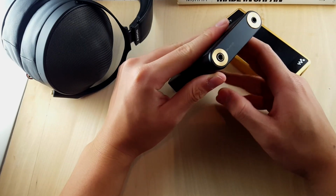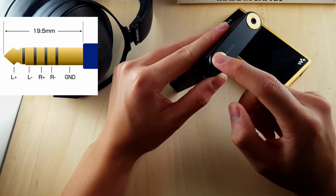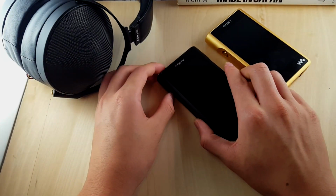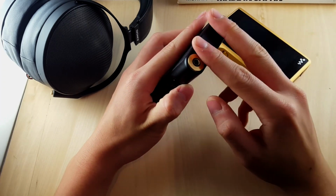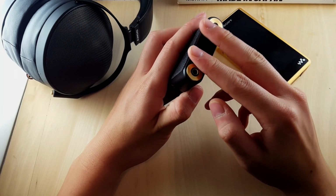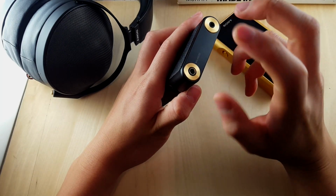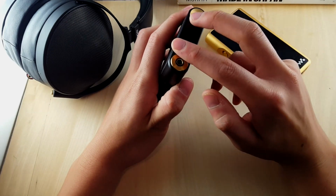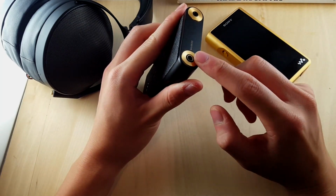Nothing special there. At the top we have the new JEITA standard 4.4mm balanced connection and the single-ended output. So, very nice. It's interesting to note because both of these players have increased output power, and for once they are actually competitive. I felt the ZX2 simply did not have enough power to run a wide range of audio devices, such as even the ER4, which was unable to be supported because there simply wasn't enough power coming out of the ZX2. With this WM1A and the WM1Z, you're looking at about